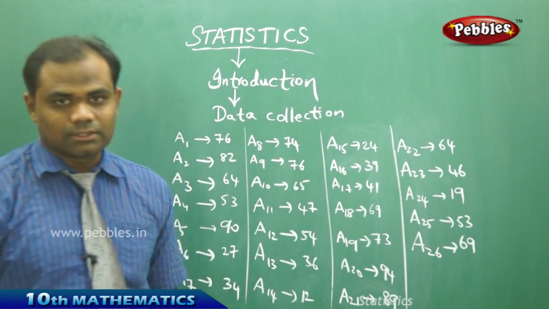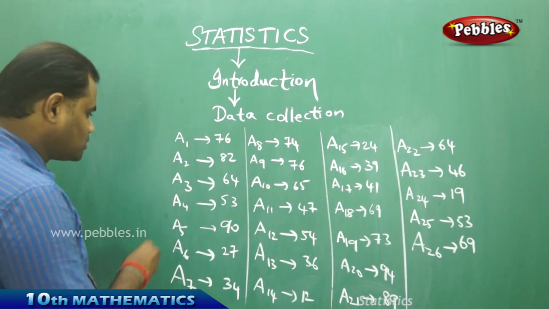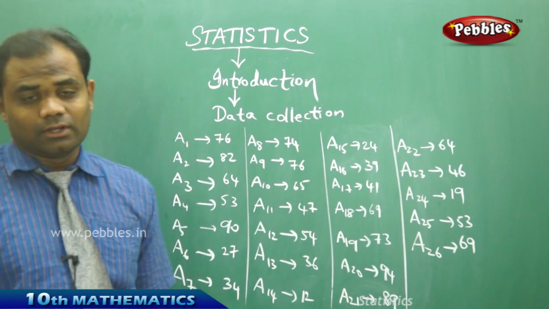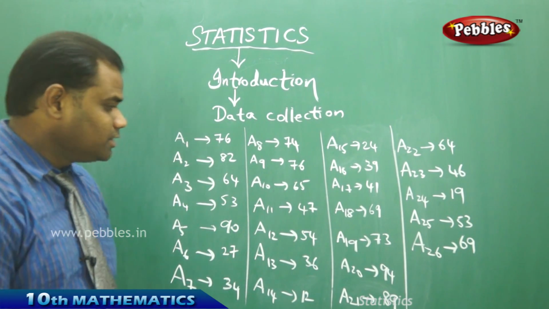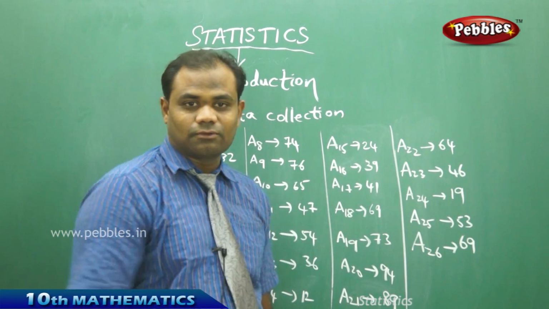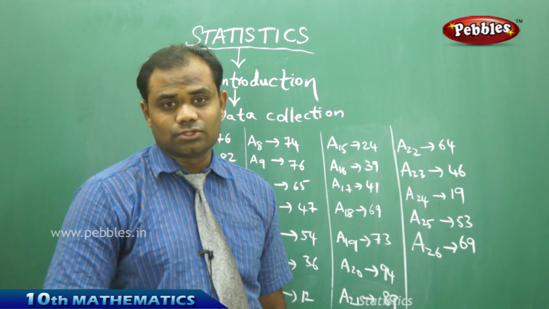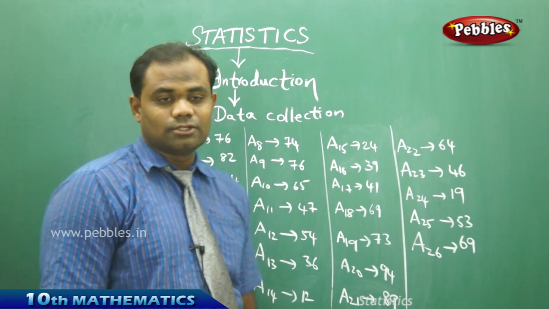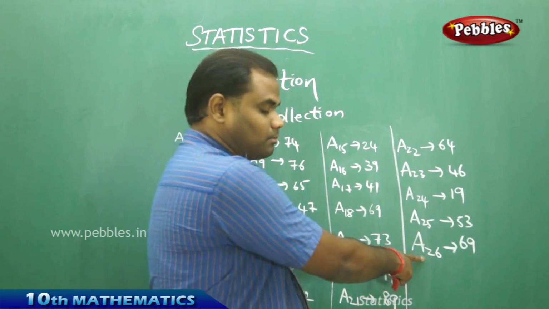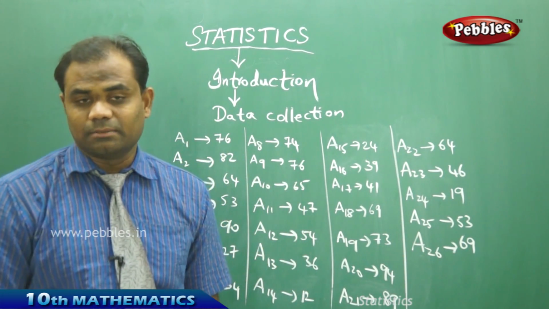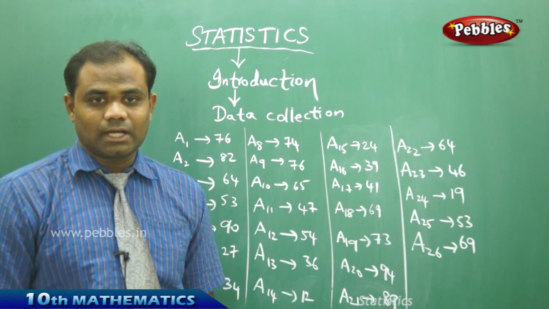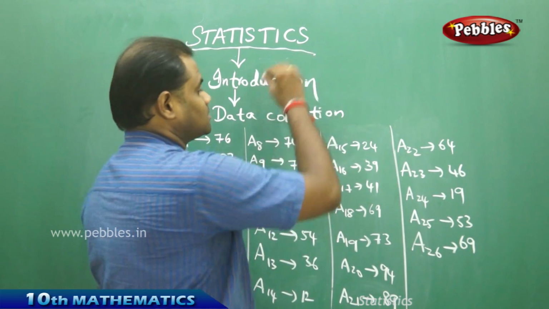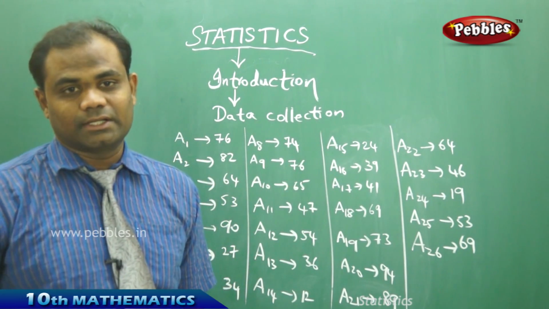Now I would like to convert this entire data of 26 students who got the marks in mathematics for their semester exam. So these 26 students who got different marks out of 100, I would like to convert this into a group data. So let's see how I can group the data by taking the students from student 1 to student number 26 and their respective marks in mathematics. Interestingly, this kind of arranged data is what is the initial step of statistics. Arranging the data is very important in statistics